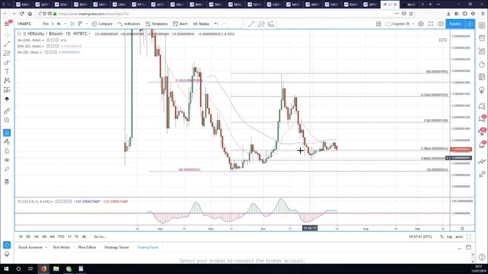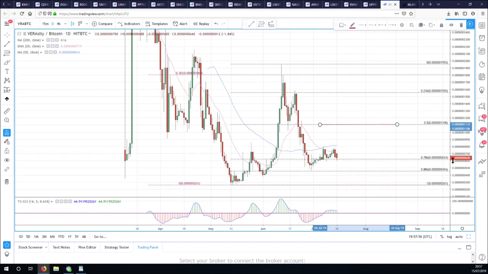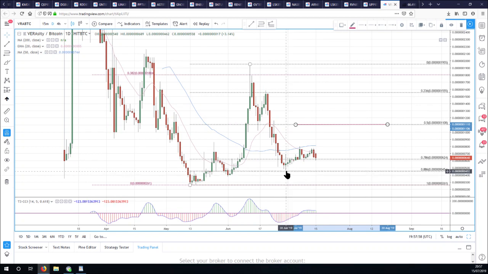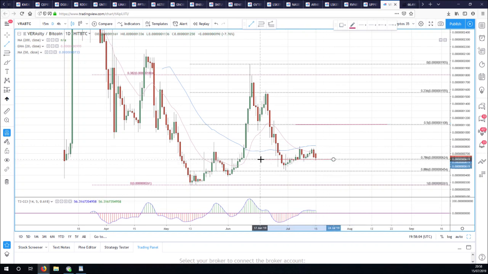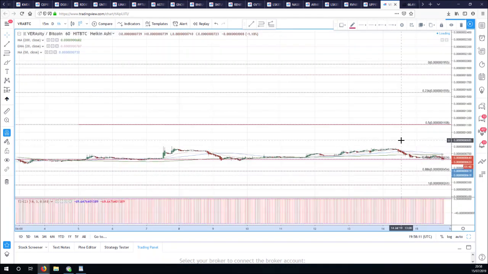The bullish argument is this was a pretty nice bounce from an 886 fib level, and in fib terms, when you bounce from an 886 fib level, which is down here, your target is the 50%. That's where we would be looking, only if you can get above and hold above the fib above it. So 886, 786. That makes our support here at this 786 fib level. So now we're going to look on a lower time frame, see if we can hold it. It's a bit messy here, isn't it?